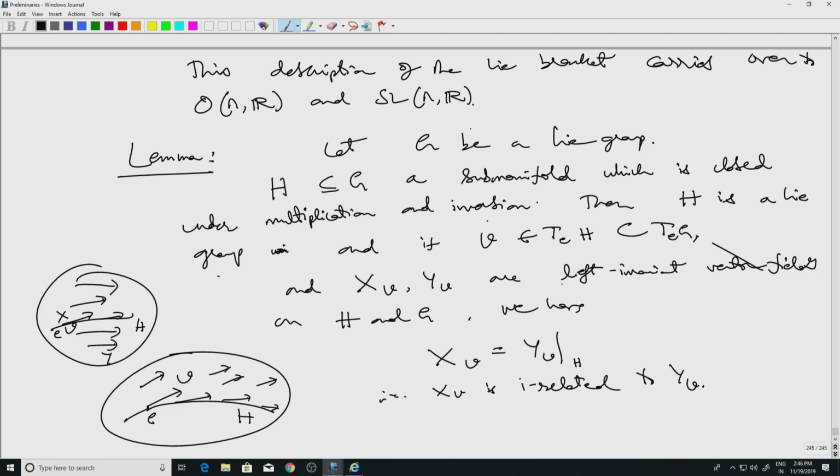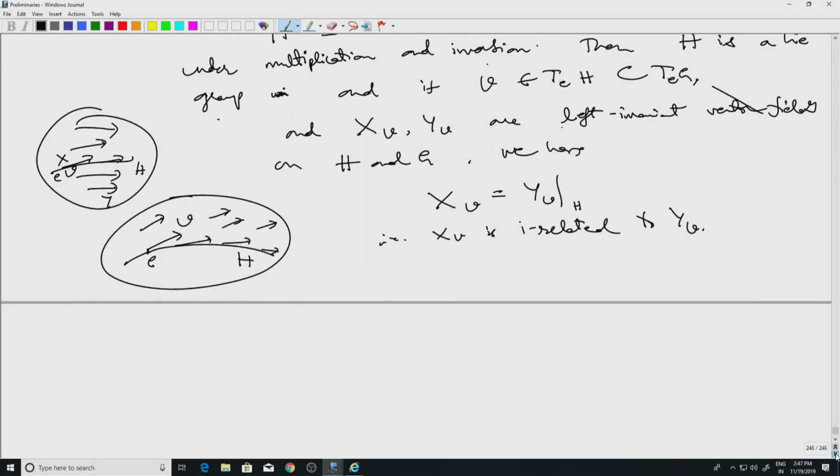Then the claim is that this XV, the left invariant vector field on H, is just the restriction of the left invariant vector field on G. This can also be put in the language of F related: XV and YV are I related, where I is the inclusion map from H to G. And the proof is immediate because,